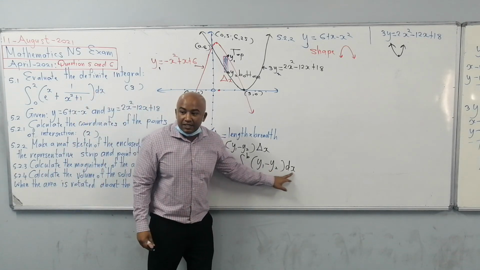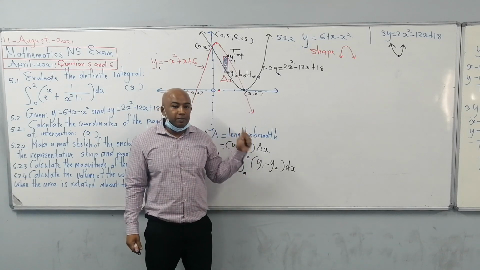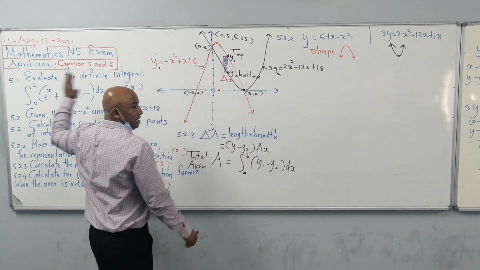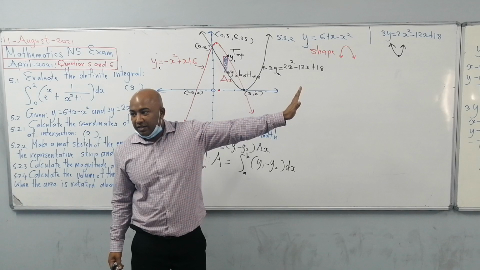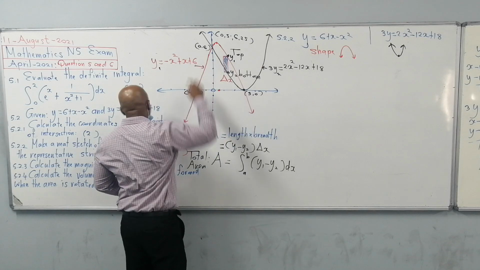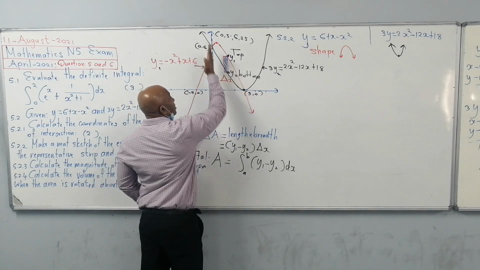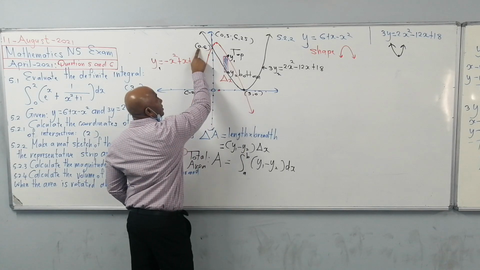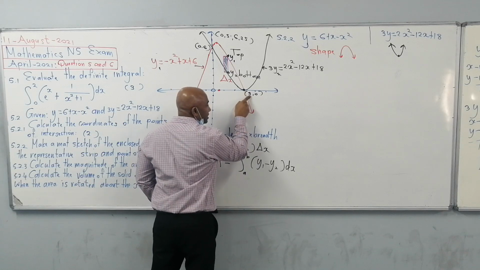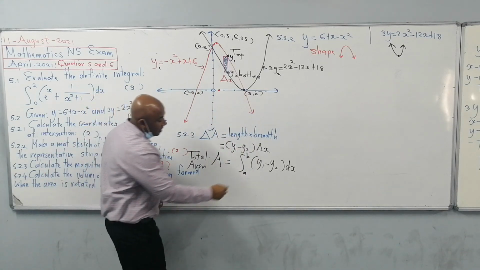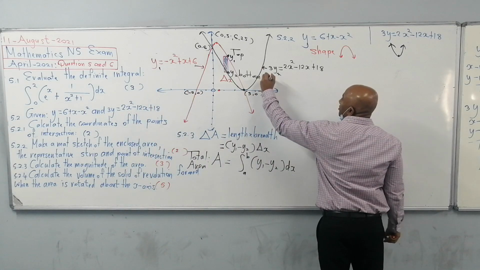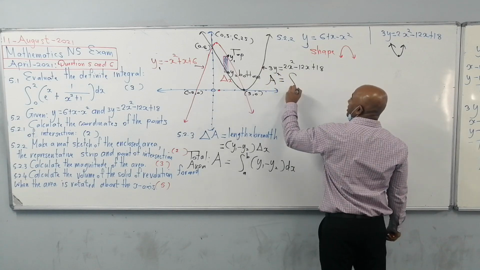So now remember, dx means you are integrating with respect to x. So, look at the area, the x value on the left and the x value on the right. The beginning is on the left, the end is on the right. You can see this is the entire area here. This is where it begins, at x is equal to 0. And you go to the extreme right, where it ends at x is equal to 3. So now, the lower limit at the bottom, the upper limit on the top. So, let's write that down. My area is equal to the integral from 0 to 3